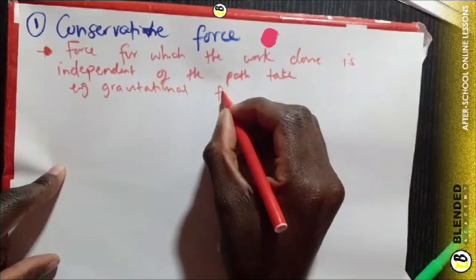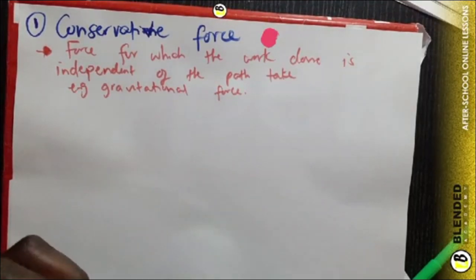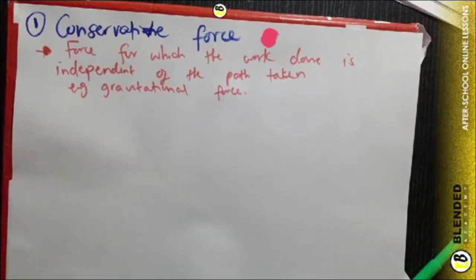This is a conservative force because the work done on an object falling due to gravity is independent of the path taken. All right. Now, lastly, let's talk about